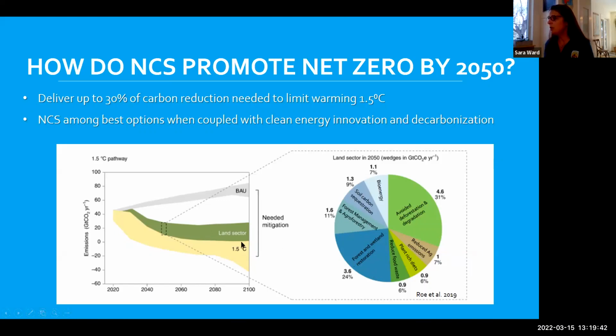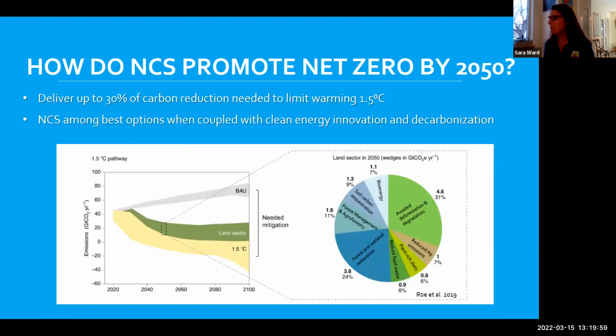So we really, when you look at it, up to 30% of carbon reduction needed to meet that goal can come from the land sector, and 25% of that comes from forest and wetlands. So natural climate solutions become one of the best options when coupled with other clean energy